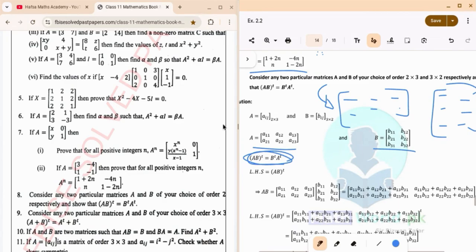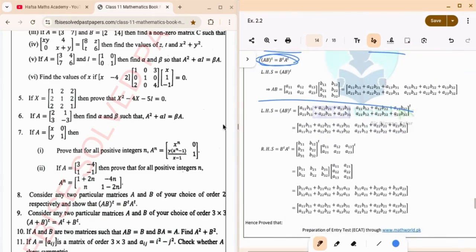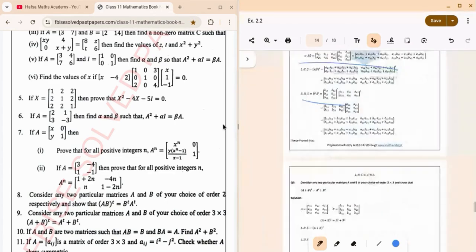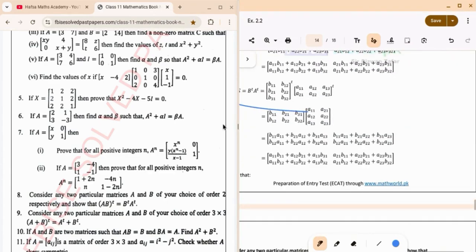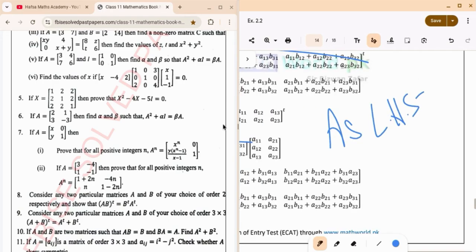So you just have to prove the left-hand side, which you've done in 9th and 10th a lot. Just prove the left-hand side, find the transpose, and then do the same thing for the right-hand side. Your answer should be the exact same. So then in the end, you have to write a statement. Over here, they haven't written statements. You should write your statement as left-hand side is equal to right-hand side,